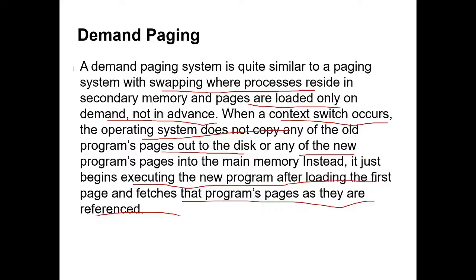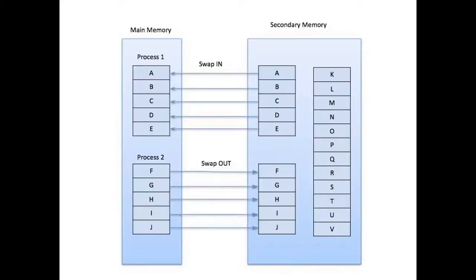From the page table, you'll understand which pages are loaded in the main memory, and a protection bit, that is a valid bit and invalid bit, is used to reference it. In this demand paging, the swapping technique is used. You can see here, for this process, these pages are swapped out and these pages are swapped in. These pages are needed, so those are swapped in, and the pages which are not needed are swapped out.